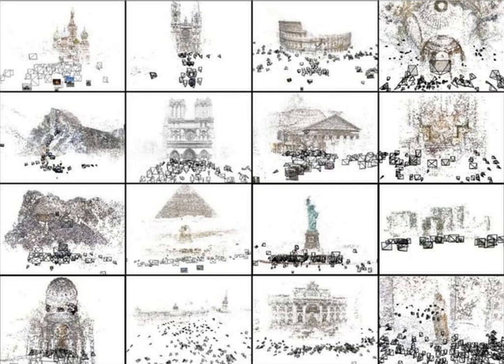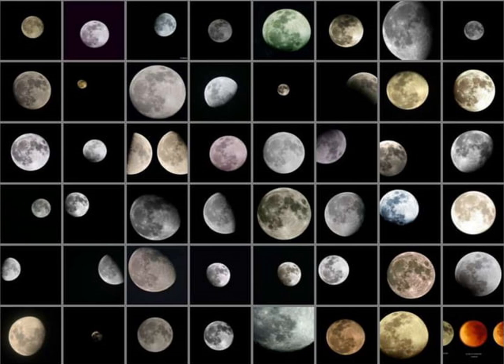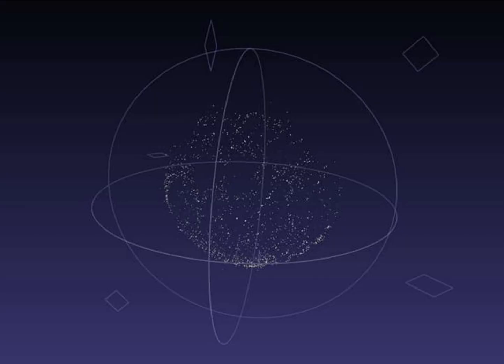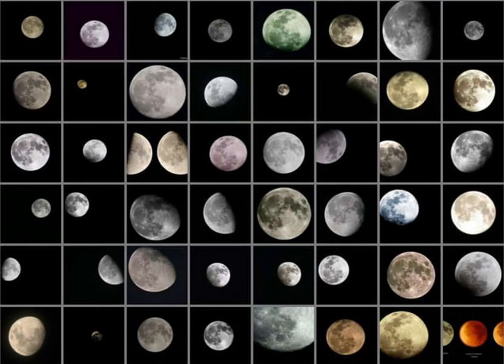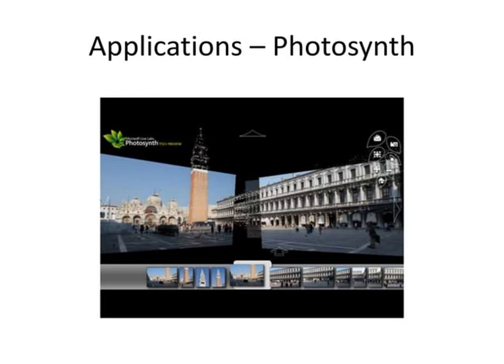For Photo Explorer, these are the possible outcomes. It shows how the moon will look. These are the possibilities of the moon. SfM applications include 3D modeling, surveying, robot navigation and mapping, virtual and augmented reality, and visual effects. In application, we have